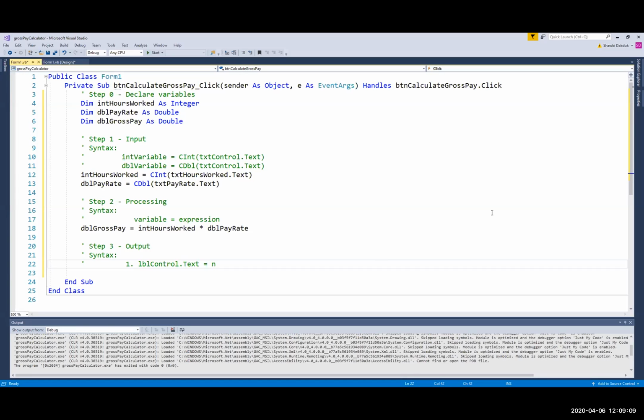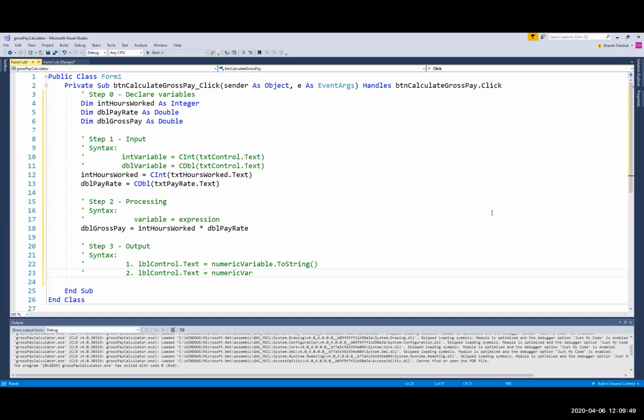numeric variable dot toString. This is one way you can do it. It's going to convert to a string. But sometimes you can do more with the toString method. You can, if you like, use lblControl dot text equal numericVariable dot toString